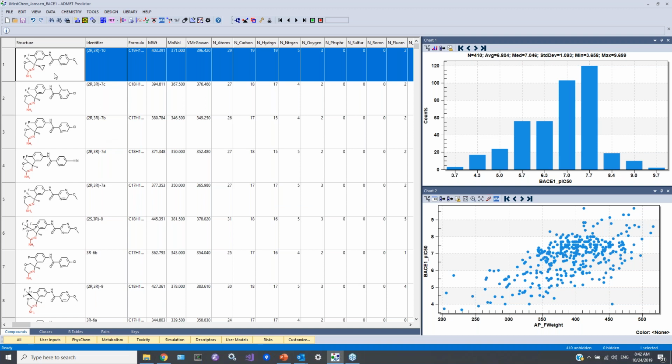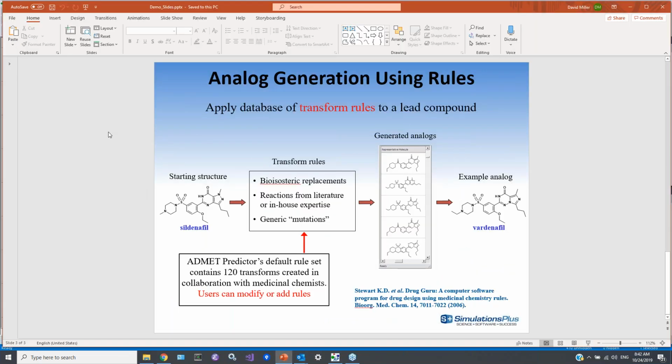Okay, but the next step is going to be to generate some analogs, some structural analogs of the original MedChem compounds. Let me just show one more slide to talk a little bit about the methodology here. So one of the methods in ADMET Predictor for generating analogs uses what we call transform rules. This feature is inspired loosely on a tool that was described in a 2006 article, and this was from Abbott Laboratories, and they described a product called Drug Guru, where you would take a lead compound and apply to it a database of transform rules. And in that case, the rules were actually real reactions that were used in-house within Abbott. And this was a way to generate potential analogs and give chemists an idea of where they might go synthetically